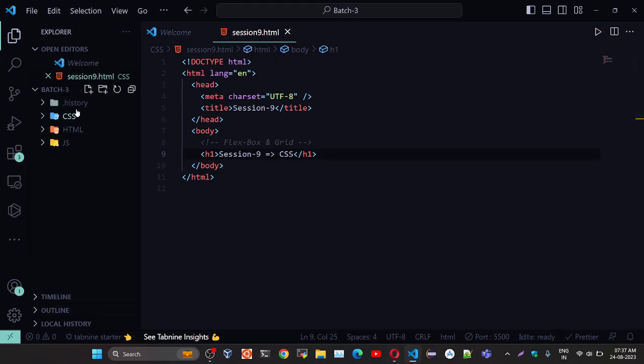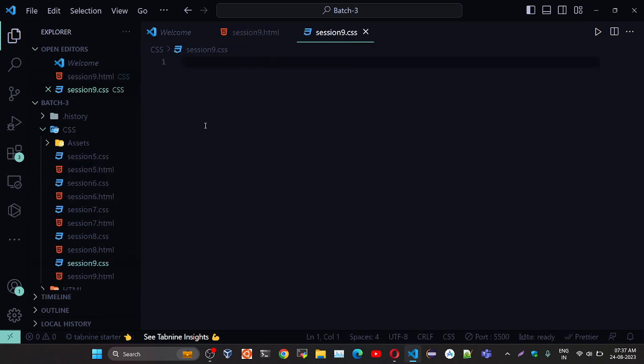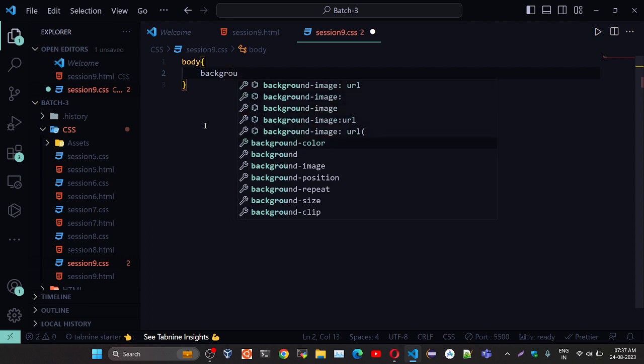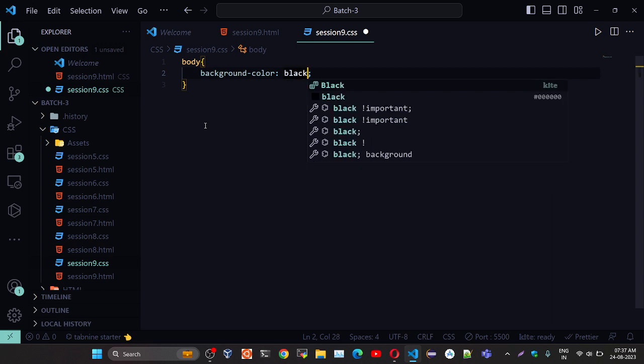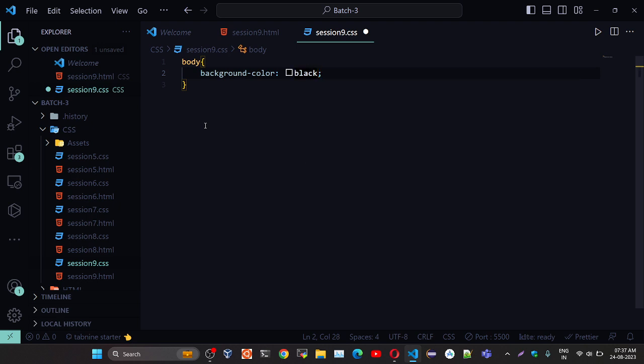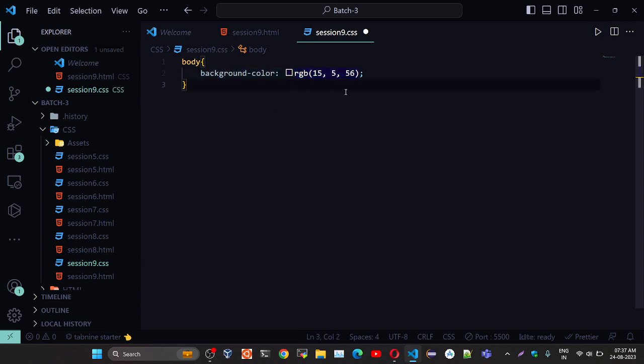Now let's create a simple CSS file also here. Session 9.css. It's going to give background color for the body, which will be black. And the text color will be